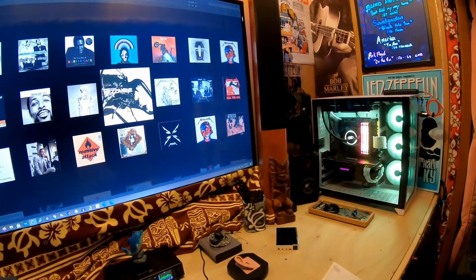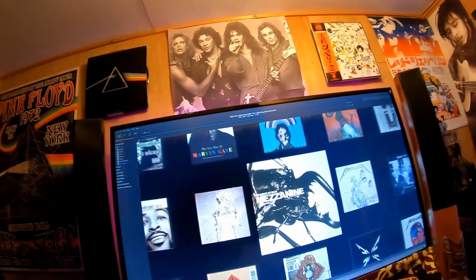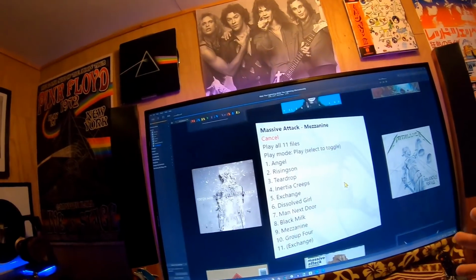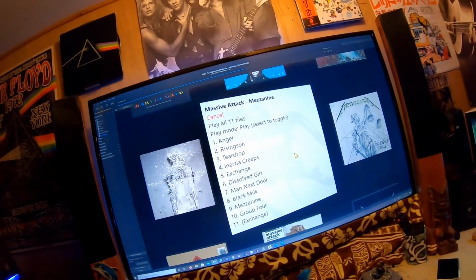And I wrote down: best Massive Attack replay of Angel ever. Like this track. I'll be specific if you're a Massive Attack fan. If you're not a Massive Attack fan, this is trip hop. It's got a lot of low end. It's got a lot of high end too. It's got stuff all around, but you need